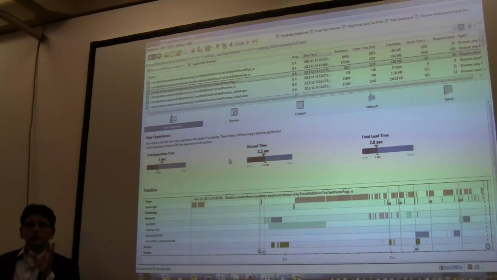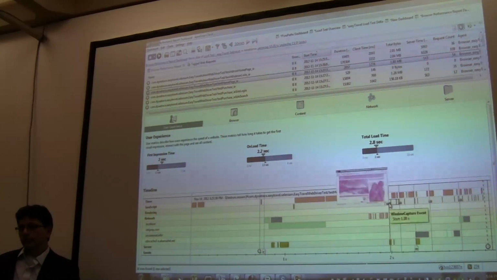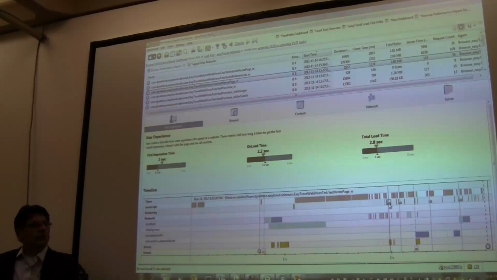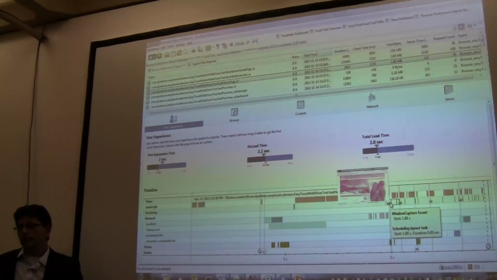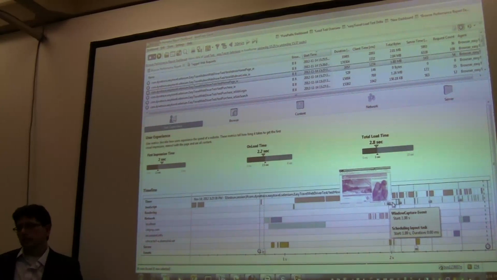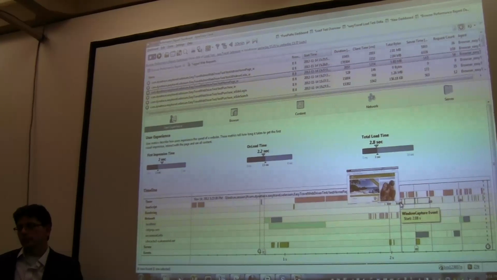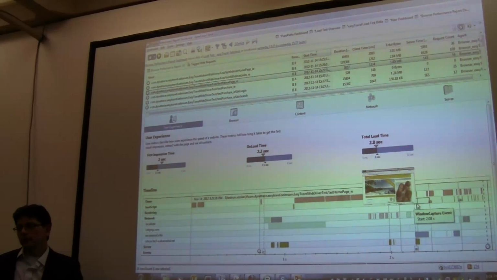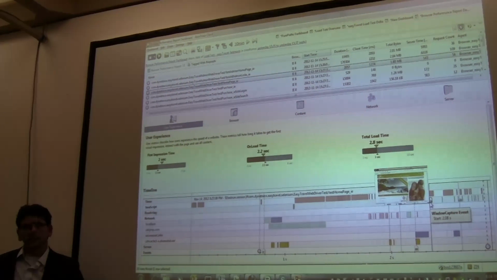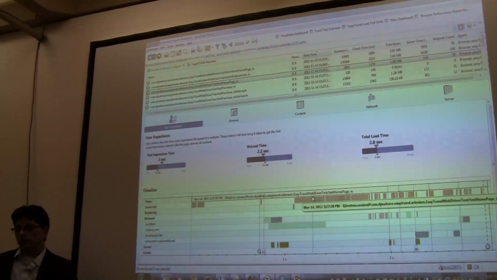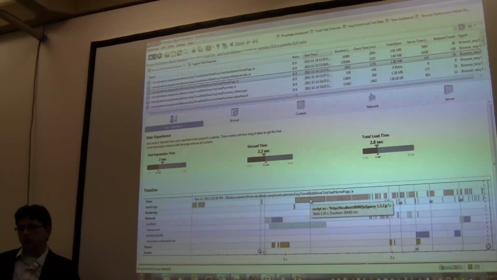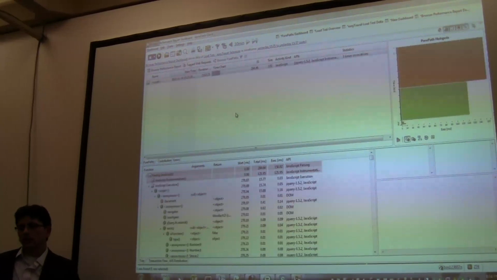So I'm looking at the performance of the browser right now and can see when this rendering is happening. It takes screenshots of pages as they get rendered. In this particular case, all the area shown in pink here is being rendered. As you go to the next page, most of it got rendered, and then something at the bottom was getting rendered. So I get this view here, and I can say, oh, this particular JavaScript took a long time, double click on it,